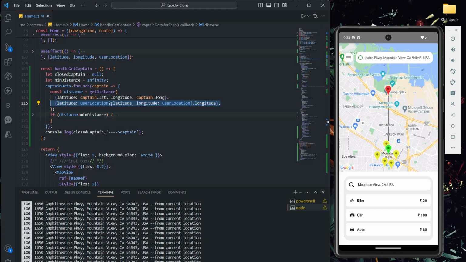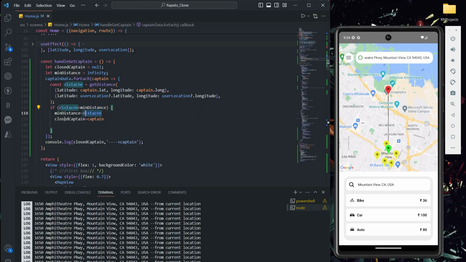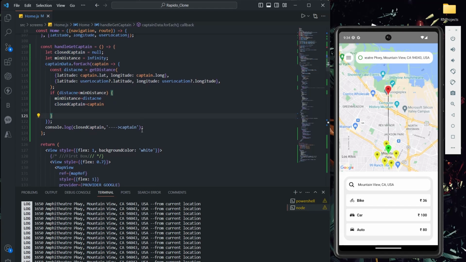We check each captain's latitude and longitude, and it gives the distance. With this distance, we first check whether the distance is less than the minimum distance. If it is, then we store that distance in this distance variable, and we store that particular captain in this closest captain variable. That's it, done.